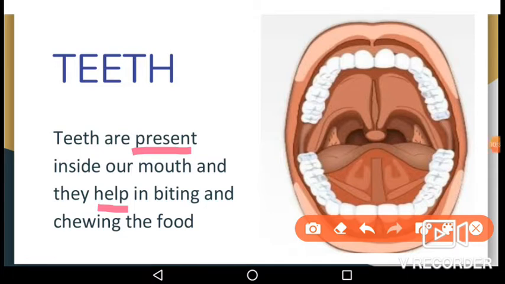We all know that teeth are hard and mineral-rich structures which are used to chew food, and they also help in biting and chewing the food. They are not made of bone like the rest of the skeleton, but have their own unique structure to enable them.